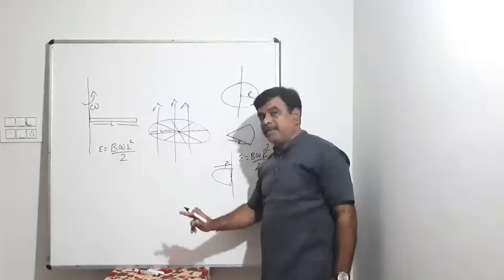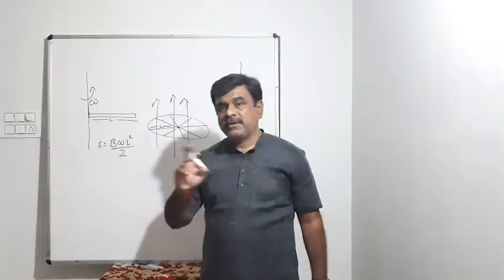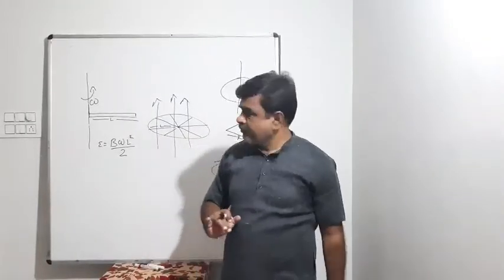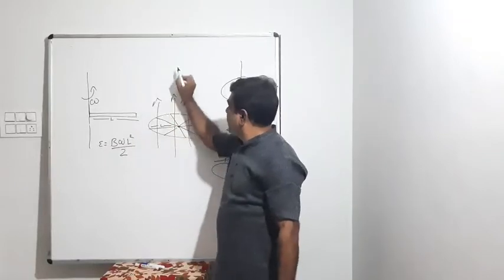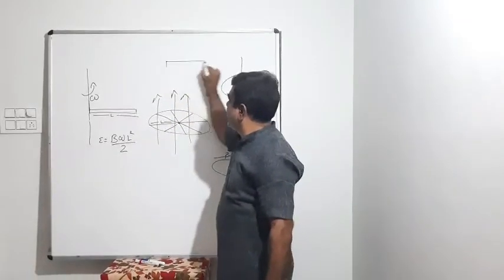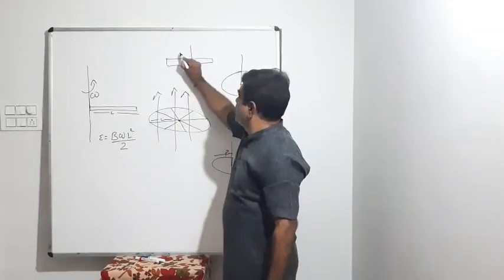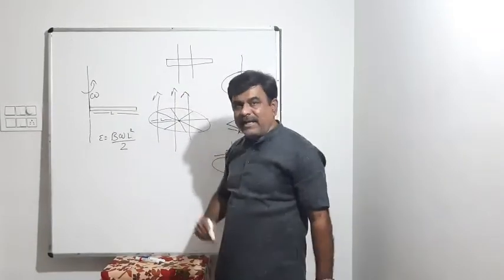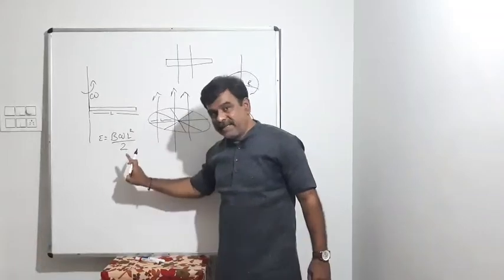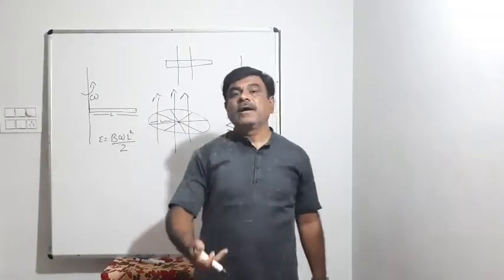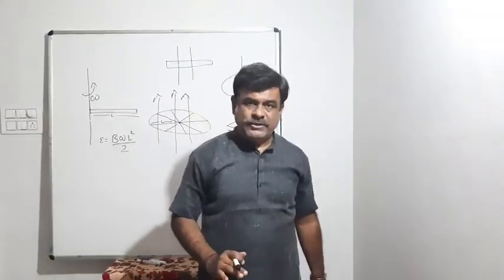Prepare this formula properly. You may have a question, maybe in NEET or in a good test. This can be twisted with other questions, like if this rod is rotating with respect to its midpoint, or with respect to a point which is at 1/4 of the length, like this. But you are supposed to prepare this topic properly for application in MCQ questions.